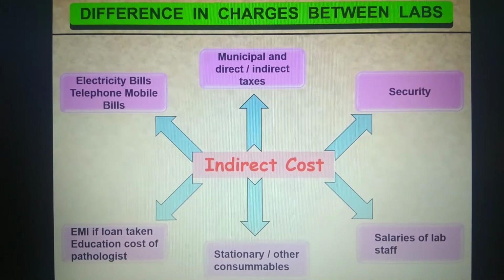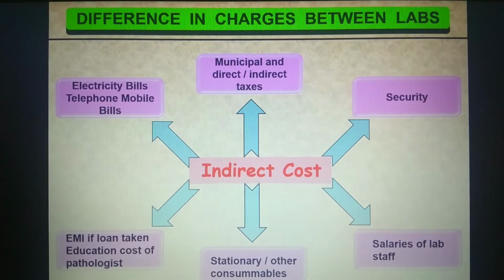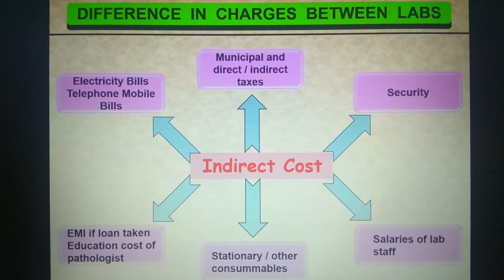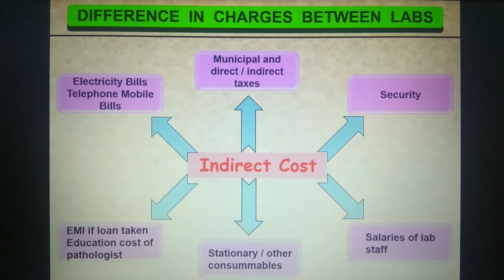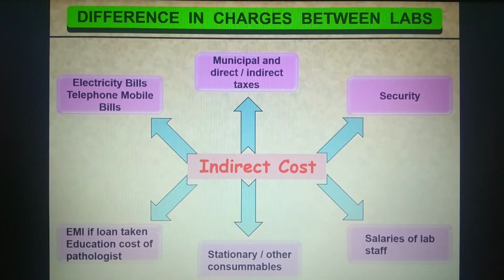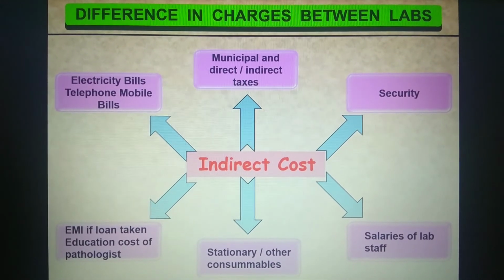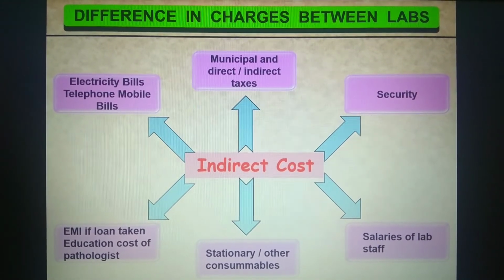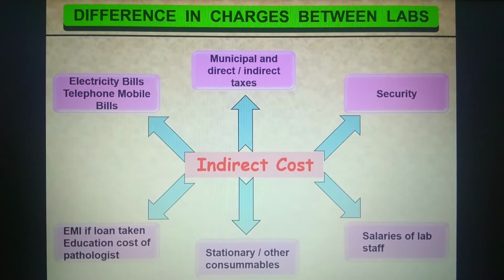Third point is security. Not only security of the workforce and the work processes, but security of the geographical area where the lab is located. Okay, that may be a factor. Then salaries of lab staff is a very crucial, important, big factor which contributes to the indirect cost. Then other factors are stationery, then other consumables. If the pathologist or the lab owner has had to take a loan to purchase the area where the lab is located or the lab premises, then the EMI on the loan taken,